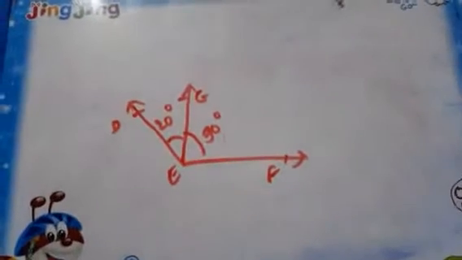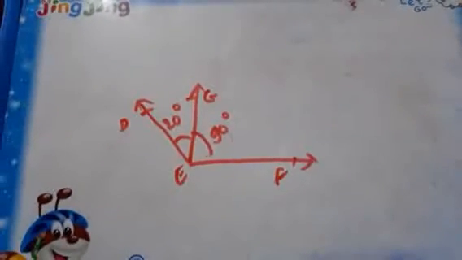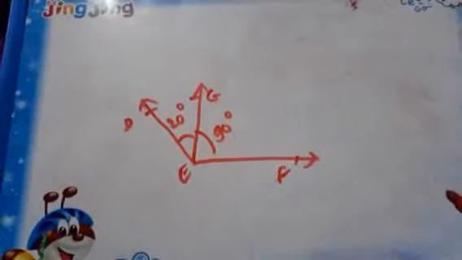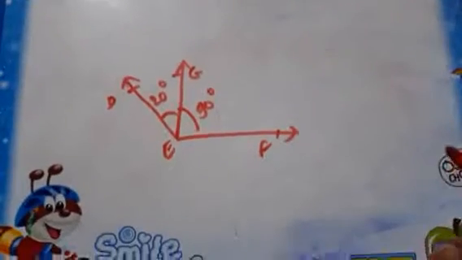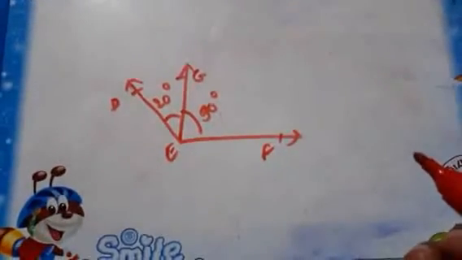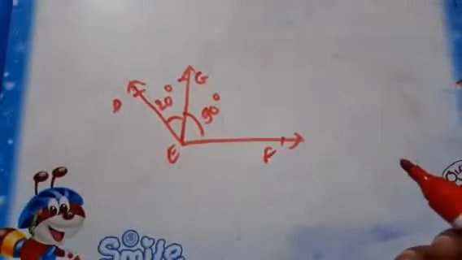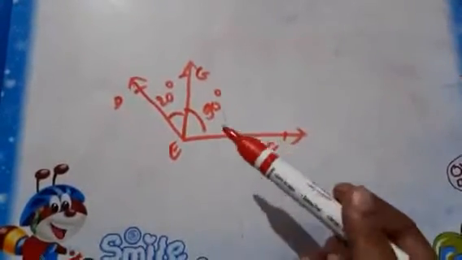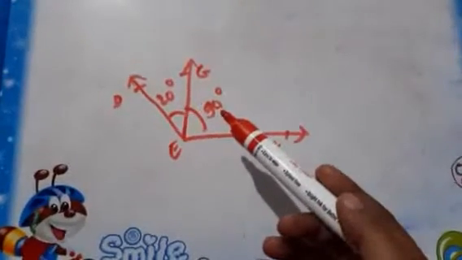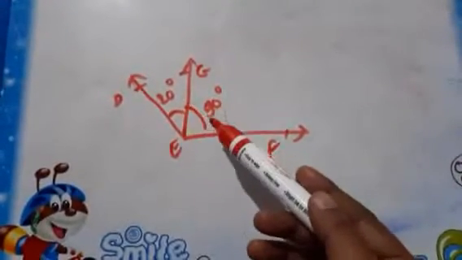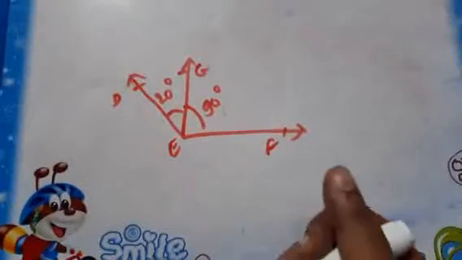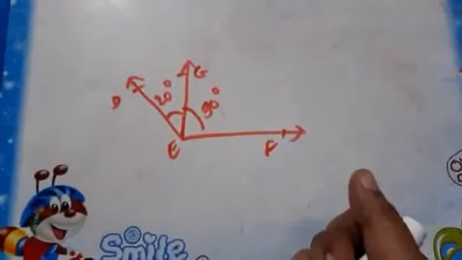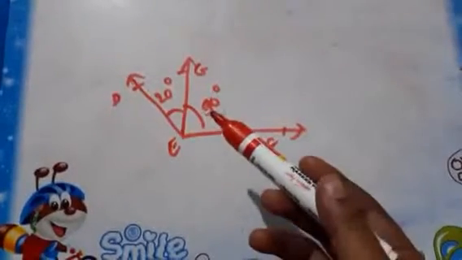Next question is adjacent angles which are not in linear pair. So this pair of angles should be adjacent but should not be linear. Here again, linear pair means they should form a straight line. So here also there are a number of ways you can draw this diagram. One way I have shown: one angle is 20 degrees, second is 90 degrees. Their addition is 110. So it is not forming 180 degrees or a straight line, and also they are adjacent.